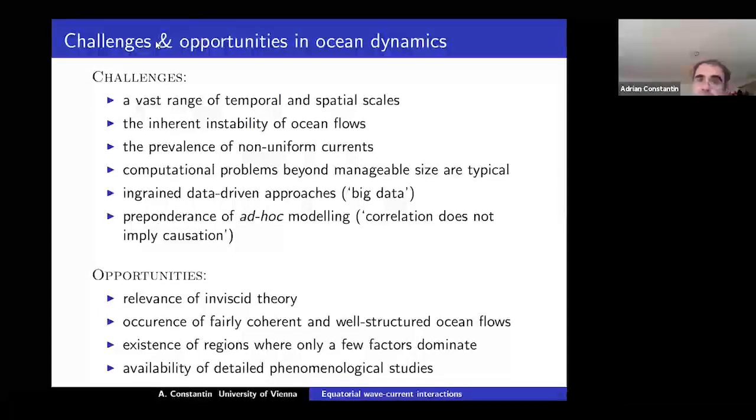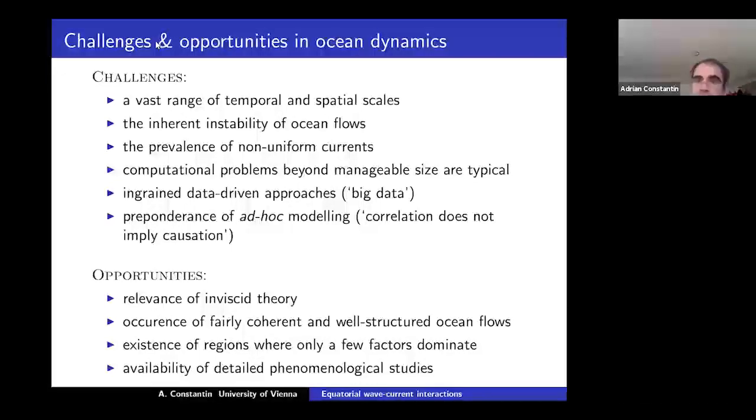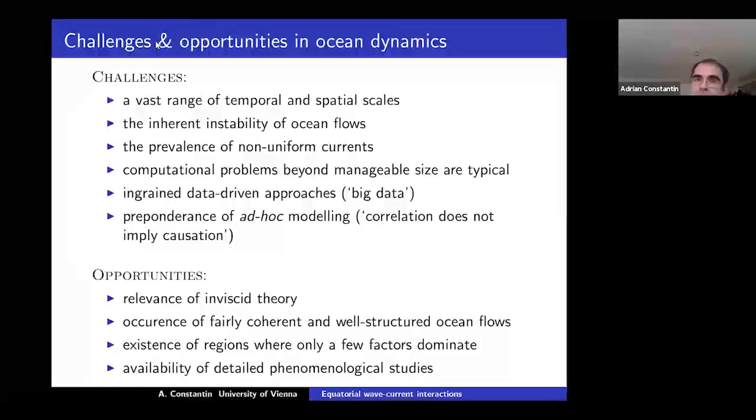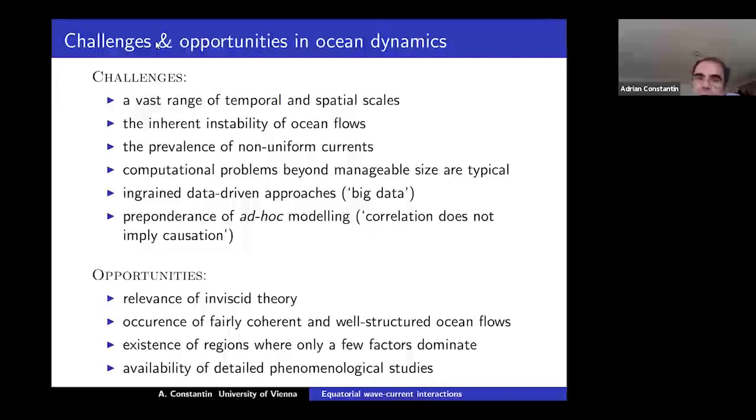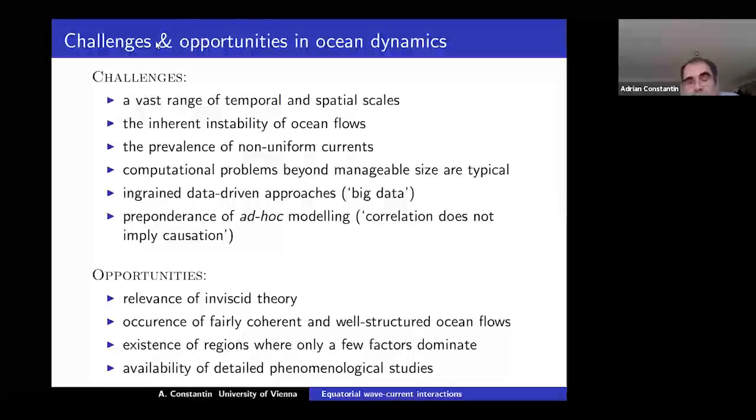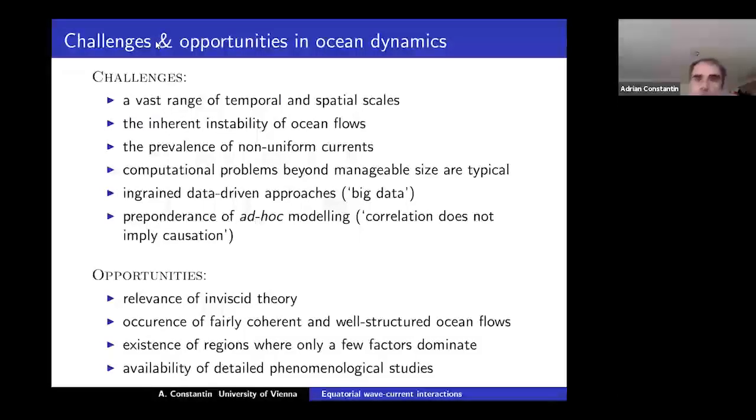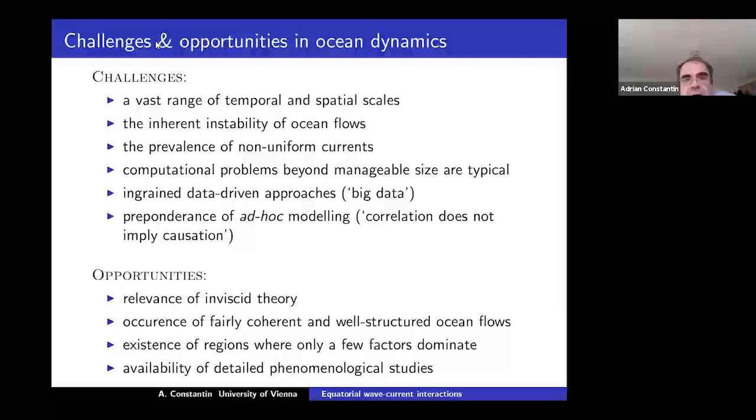There is a big data approach, very popular, but I think that many things, the fine things, are missed in this kind of approach. And the real problem from the point of view of an applied mathematician that looks at this, and from the point of view of someone working in analysis, is that there's a lot of ad hoc modeling. So a lot of papers are based on assumptions that are mathematically maybe justifiable in the sense that you can apply your preferred method, but physically, why this and not something else, that remains to be seen.